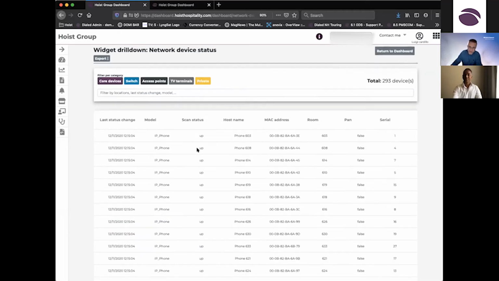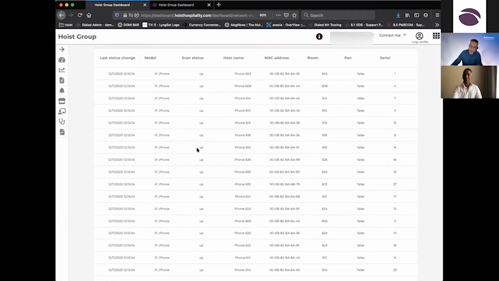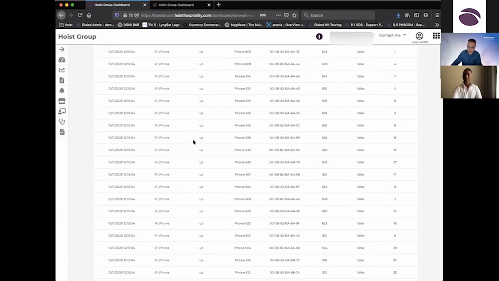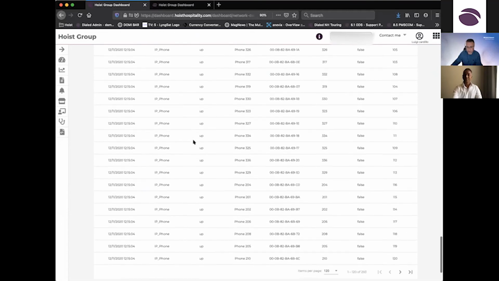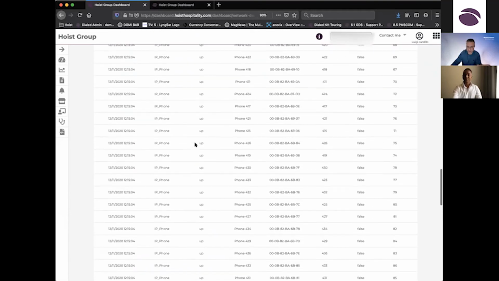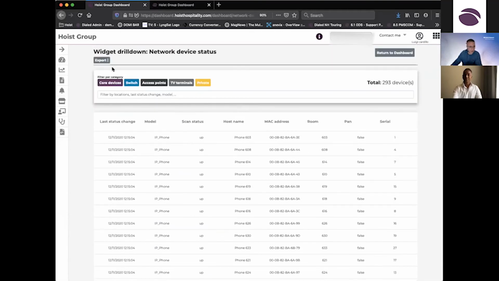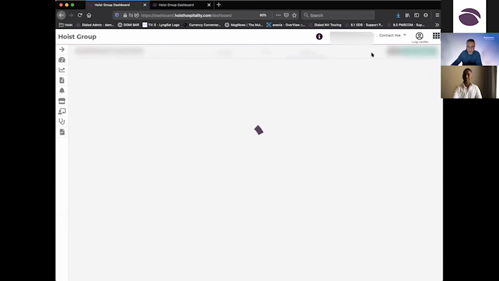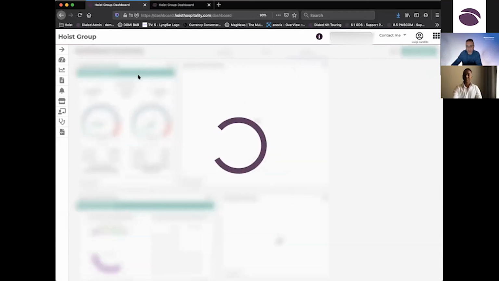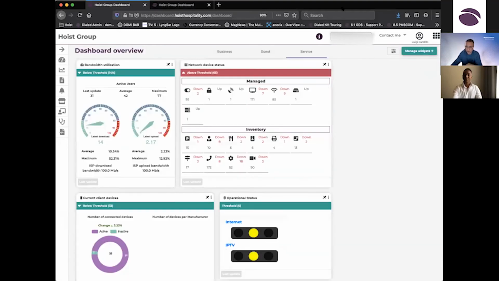The private is the category where all the hotel network things are placed, like IP phones, CCTV cameras, signage screens, everything is here. We can also create a report for all these things. It's called the asset report. Why is the asset report important? Because